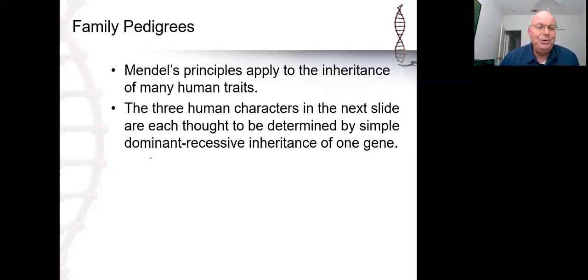The second issue with doing genetics experiments in humans is that our generation time, the time between one generation and the next, is very long. We usually say it's either 20 or 25 years between one generation and the next. That's a long time to wait for the results of your genetics experiments. And number three,